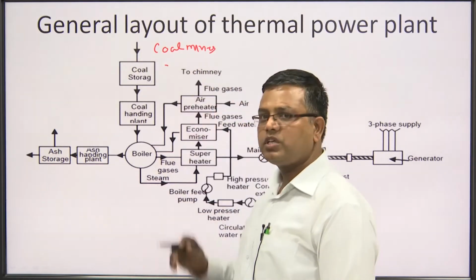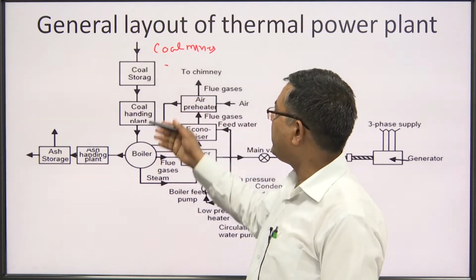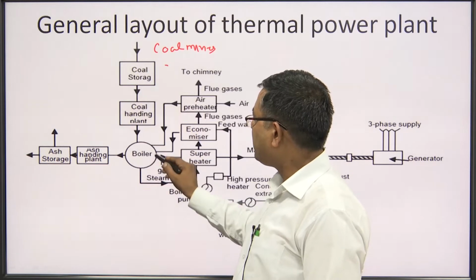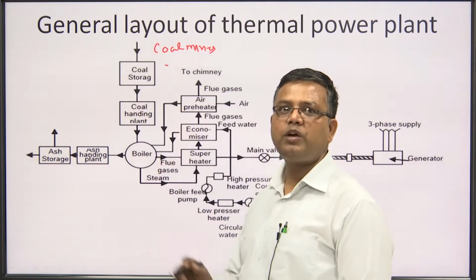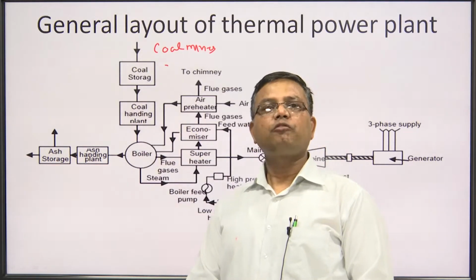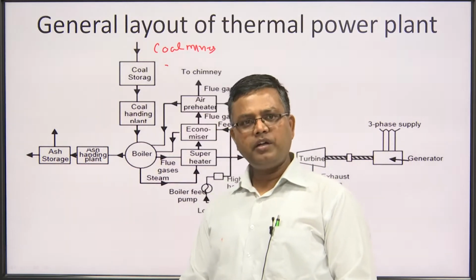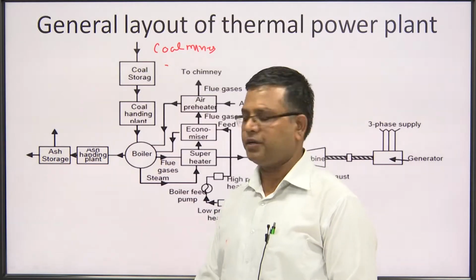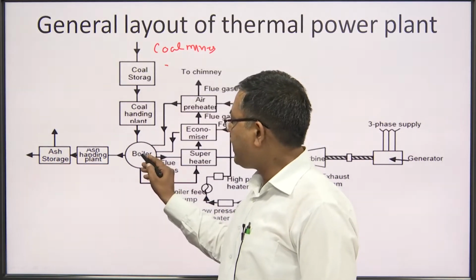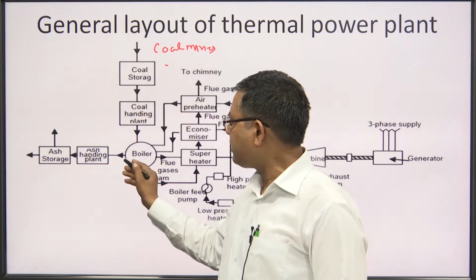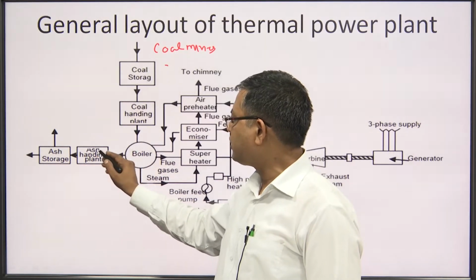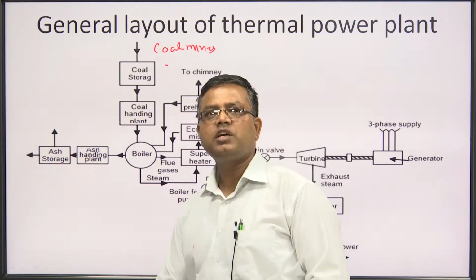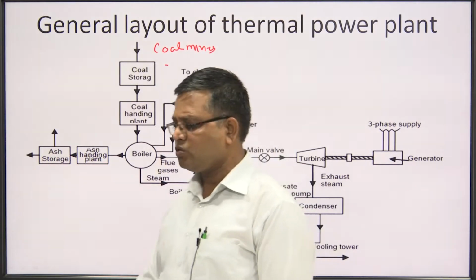and then coal is stored in the power plant itself, then coal handling plant, then boiler. So, this coal is supplied to the furnace of the boiler where the coal is burned and converted into ash, and it gives its useful heat to the water. Now, ash is removed from the boiler furnace with the help of some ash handling equipment, and then the ash is stored in a storing plant.